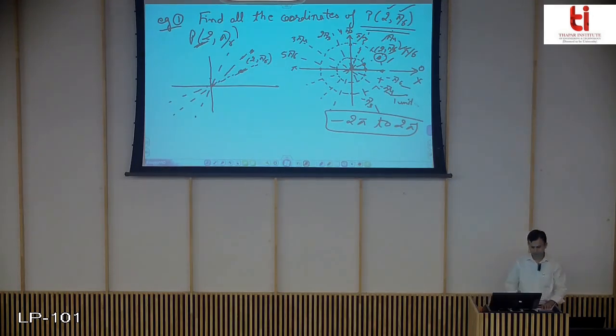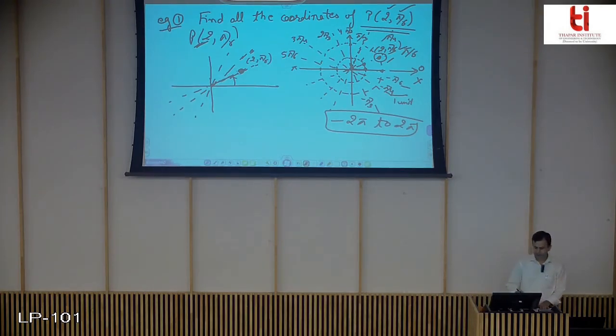Okay. So the thing is, I have to reach here, and I have reached here only from one point. That is, I have taken theta pi by 6, and then 2, I reached at that point. Now my next step is how I can reach here from any other angle, by taking any other r, positive, negative, whatever. r will be the same, r will be 2, but it can be positive, negative, and then any other combination of theta which can lead us to the same point. That is what the other representation of the point is.